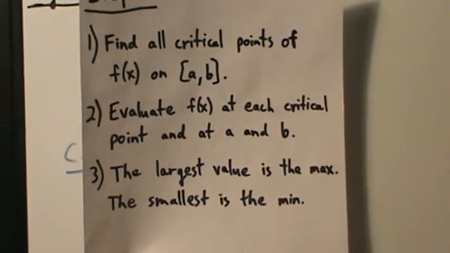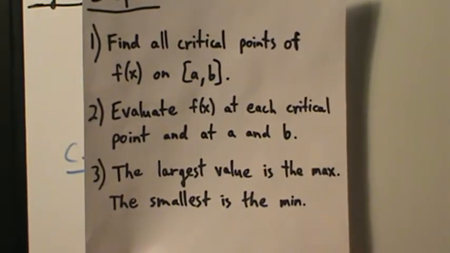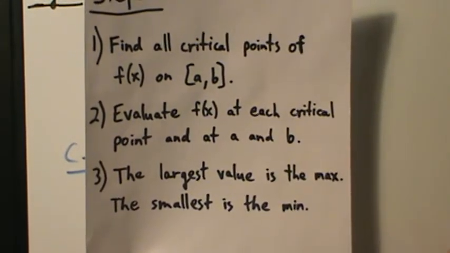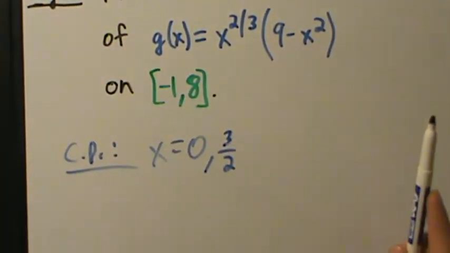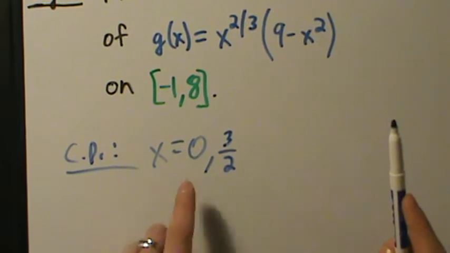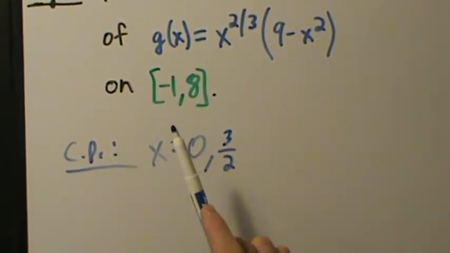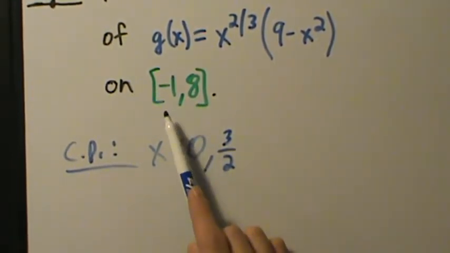So remember, it's different if we're using the first derivative test. We have to use the sign chart and things like that. But it's a little bit easier here. There's fewer steps to follow. So critical points are 0 and 3 halves, and then the endpoints of the intervals are negative 1 and